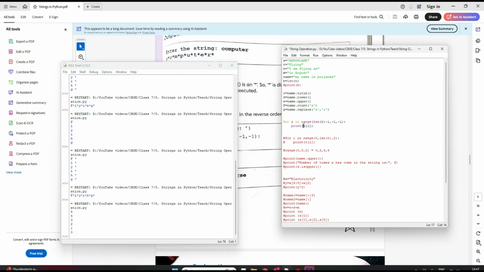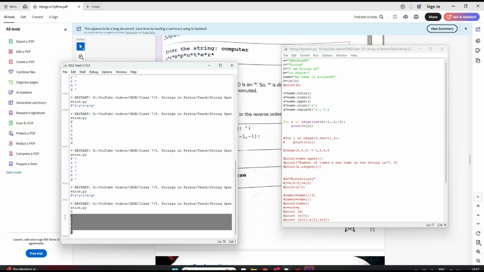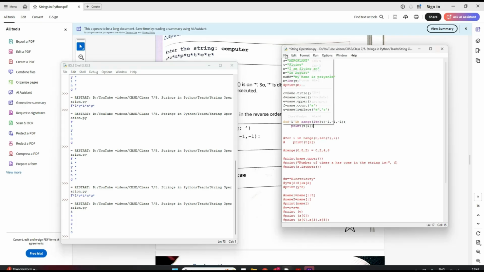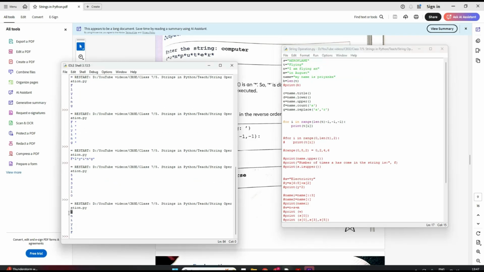Now I have to print the, so this is the index, I is the index. From the string I want to print the character, so I have to put this T, right? Now let's save and run and see. See, it gave me G, N, I, Y, L, F, like this in a reverse order, right? But I want it in a line, so how do I do that for a line? Just now we use an end function, so here end is equal to, I'll just give blank, nothing, just blank, so it will print in a single line.